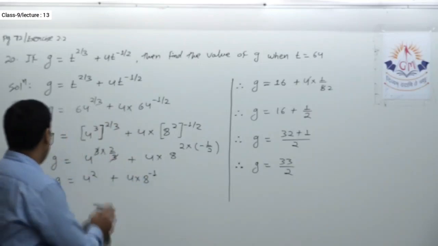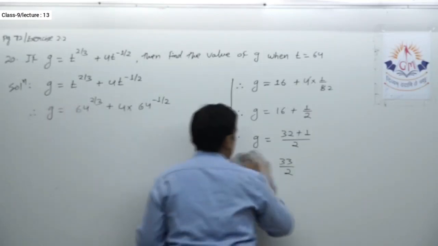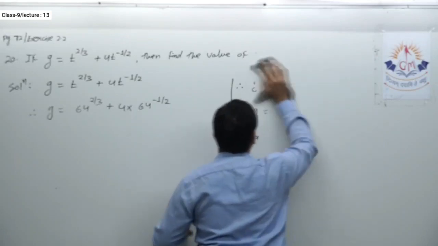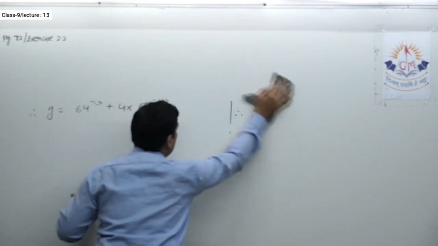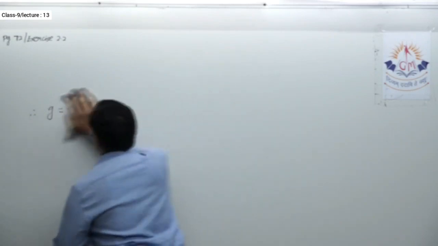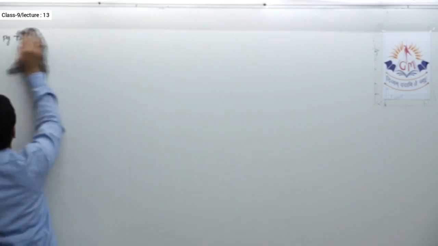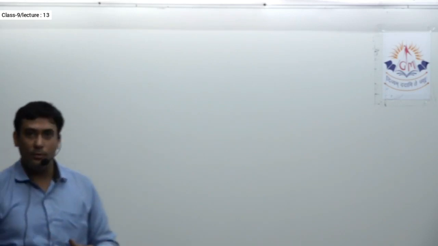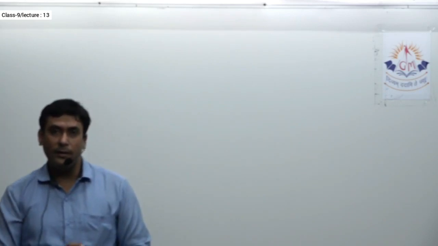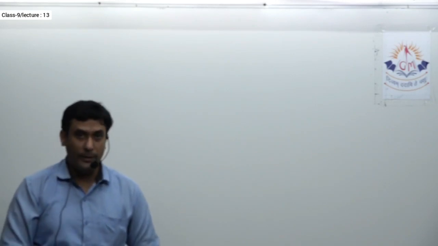Okay, so now we'll come to the next concept. See, there are some identities we already know, that is a plus b whole square, a minus b whole square, and so on. Now we'll see some questions related to those identities, but over there a, b won't be directly a, b, they will be like root a, root b, and so on.